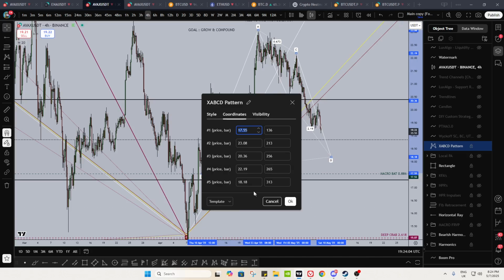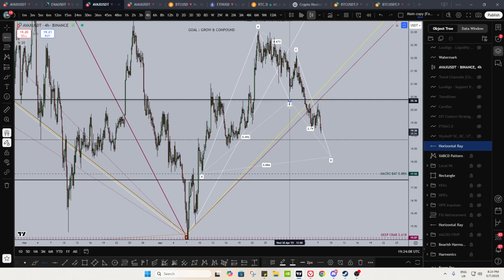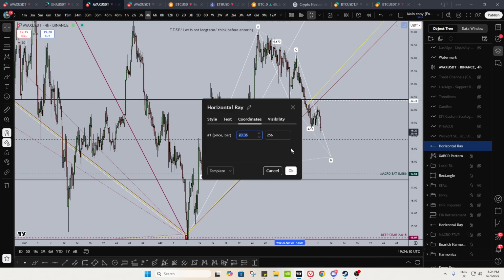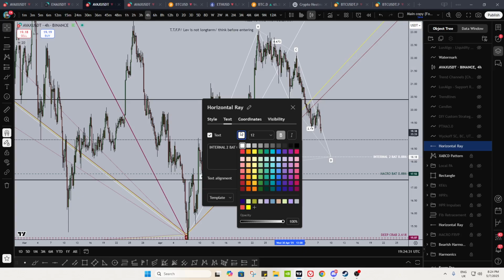So what I'll do after I put all these down is I will give you guys a lower time frame perspective, like the one we're looking at now. I'll get rid of the higher time frame levels so there's no confusion, because those are already under the old section, so you can find them there. This is your internal 2. I'm going to say the second internal bat, 0.886, and this one can be